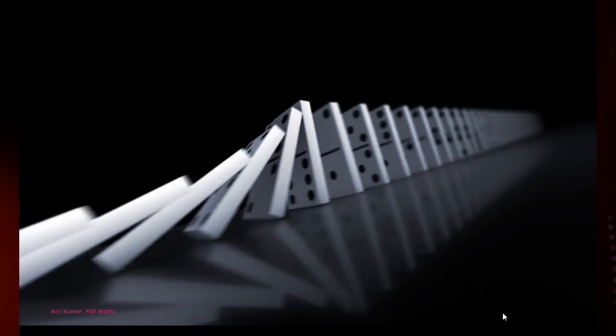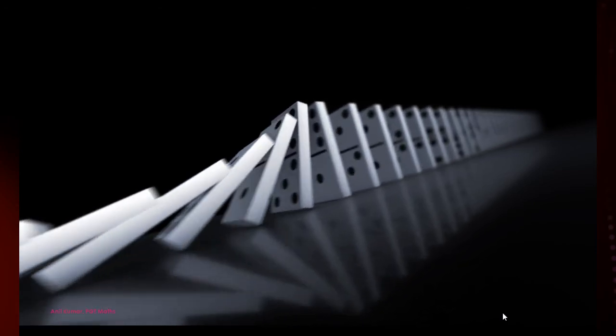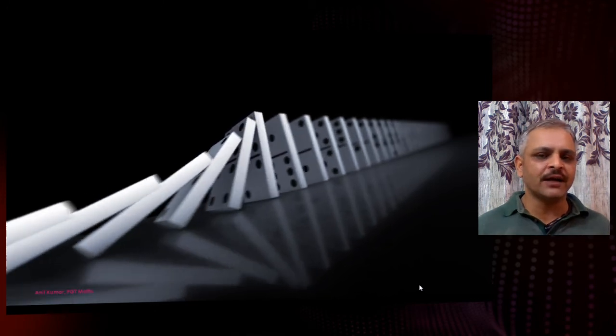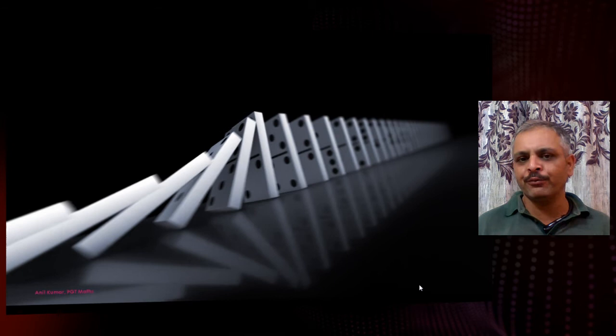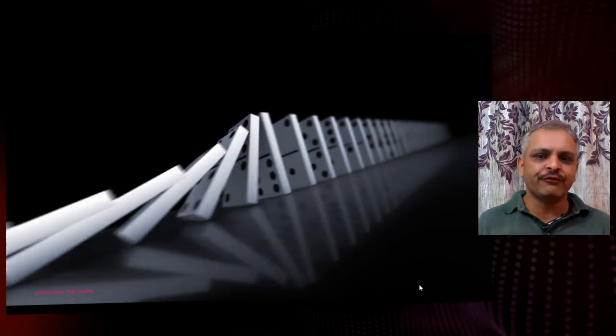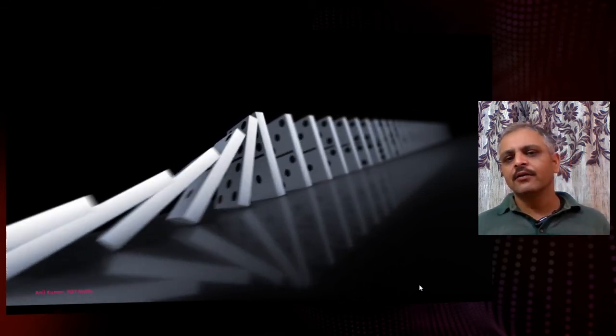Another example of the principle of mathematical induction is the falling of dominoes. You may notice that if the first domino falls, it will lead to the second, third, fourth, and so on. It is an infinite chain. So this is another example. You may have noticed that pushing cycles in a cycle stand is an example of mathematical induction. Making tiles stand in a row and then pushing the first tile will lead to the fall of all the other successor tiles.